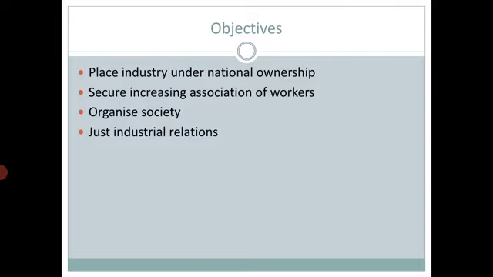Yes, the employees should also know that this is the organization, and if it works in a good manner, then only our individual goals will be satisfied. This sense of realization is generated by INTUC